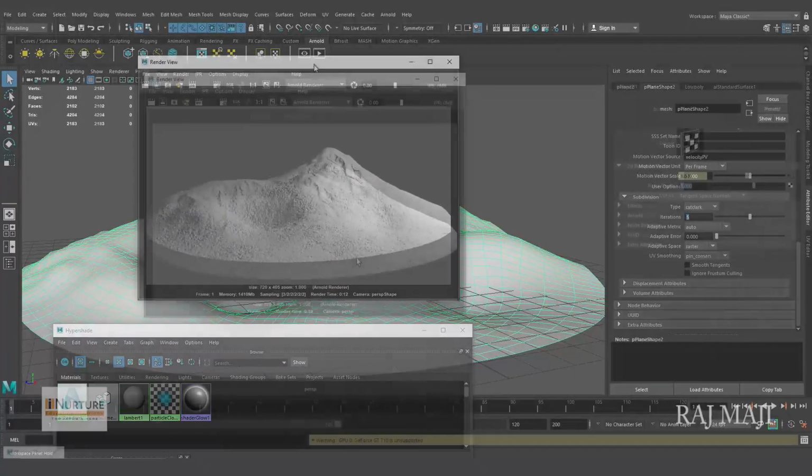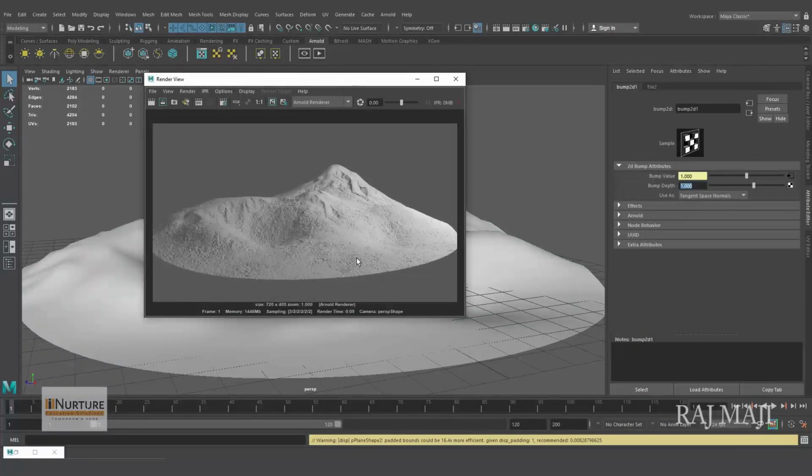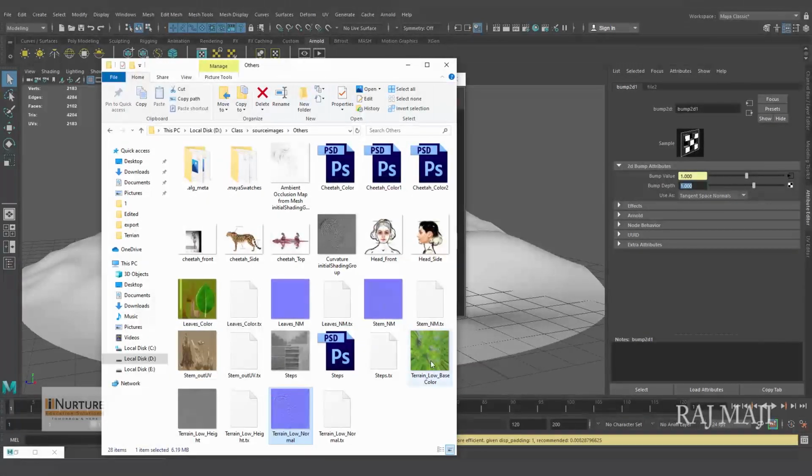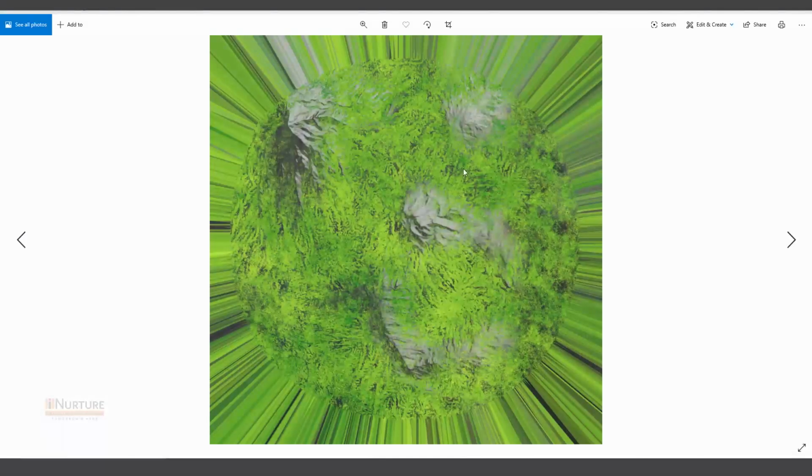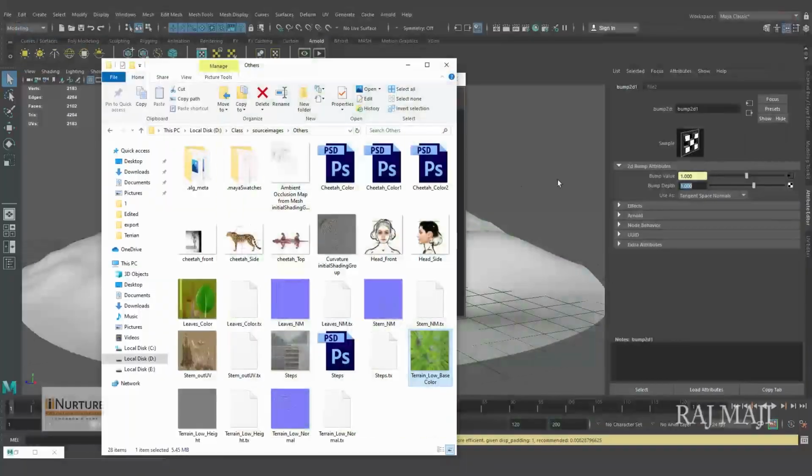And alright, so this is the result of our normal map and bump map. Now I also have created our diffuse map. In my last session, in my last lecture, I showed you how to create the diffuse map out of ambient occlusion and curvature. So by using those and juxtaposing two different textures, I created my color map. So that also I'll show you. Definitely that can be done. So this is kind of the color map, and I just masked it a little bit. You can understand the masking, right?